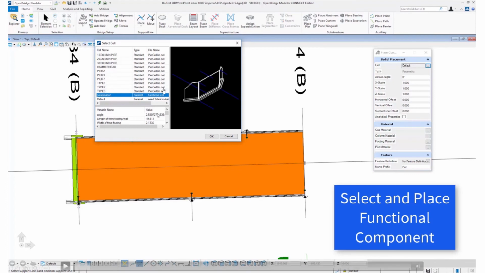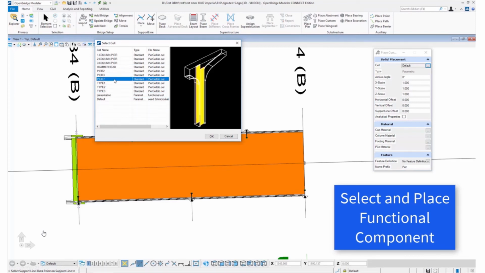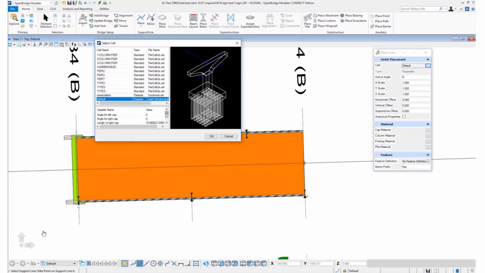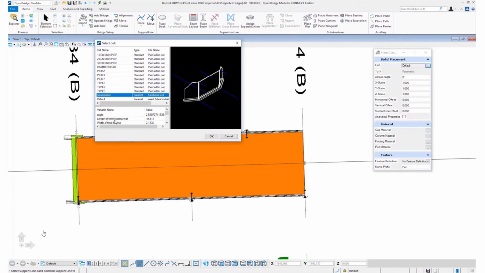Before, when we placed the cell, it was just placing this cell, right? But now this functional cell that we have created, like this abutment, as I selected, these are the variables that myself as a user have defined, right? So I can just click it and then place it with the dimensions that I want. So for example, here we're just going to place it, right? And look, this has a cell and it's parametric. The other ones no. This is also a parametric one. You see the variables? This is all as a user I define what I can change